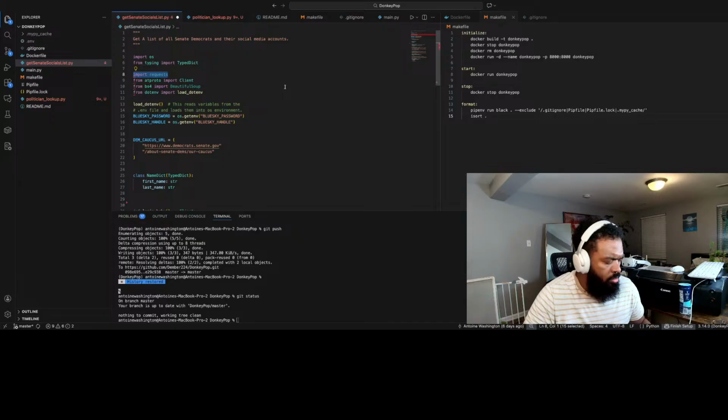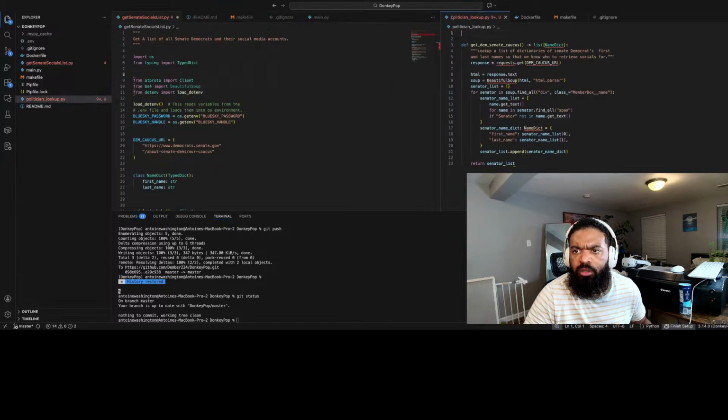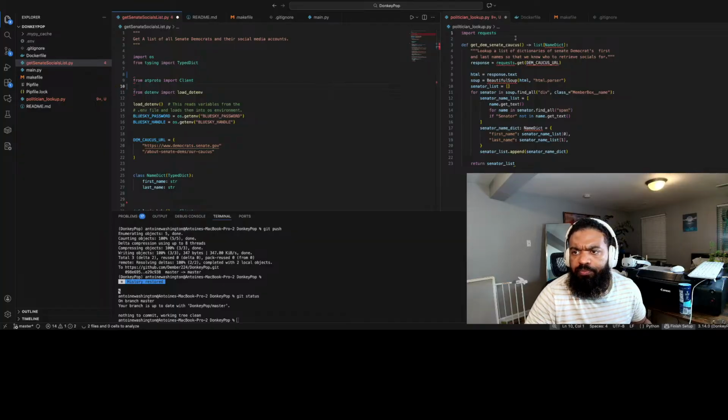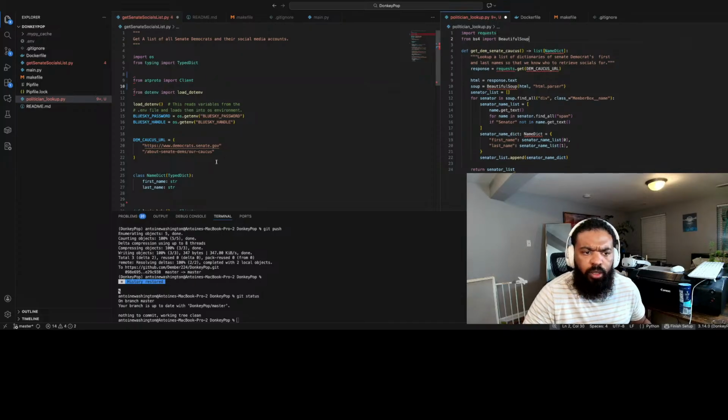So request and beautiful soup. Why don't I move this over here so that I can just move one to the other. Request and beautiful soup both go over here, as well as the Dem Caucus URL.